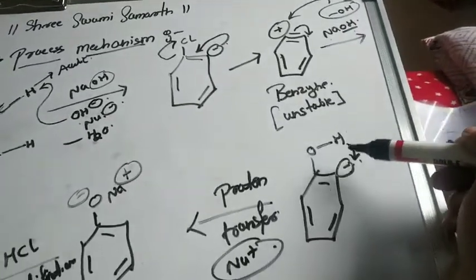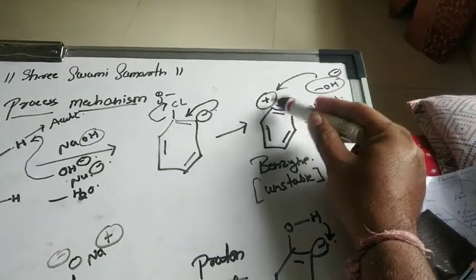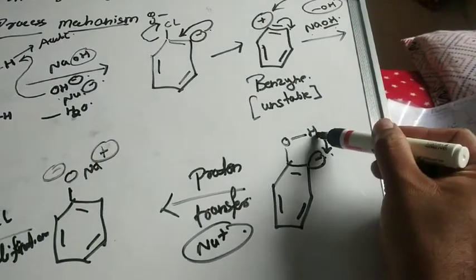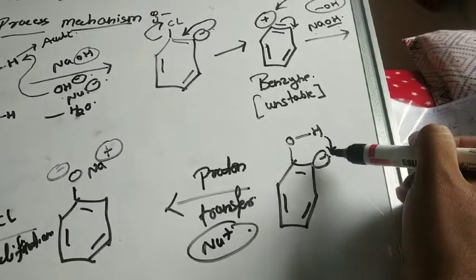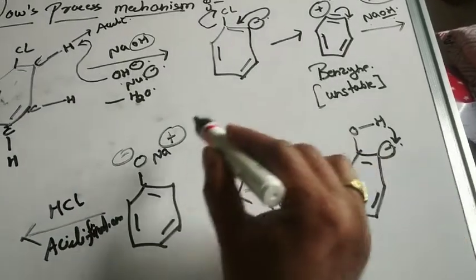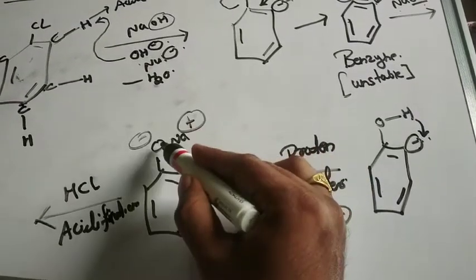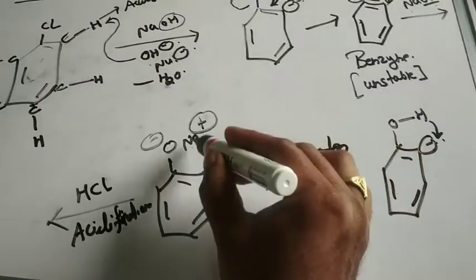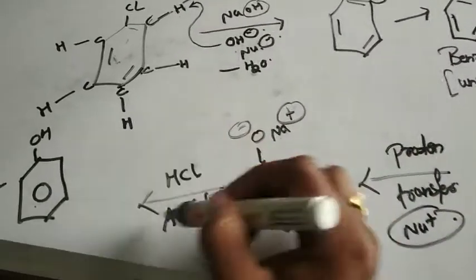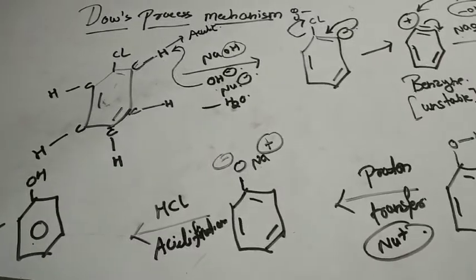Then this kind of a compound is formed where one more mole of NaOH will attack. The OH minus will get attached to this positive carbon, right? So here in this case you can see the hydrogen transfer or the proton transfer will take place and again phenoxide ion is formed. On this phenoxide ion sodium will attack, which is Na plus. Then sodium phenoxide is formed. First the phenoxide ion is formed, and after sodium attacks, sodium phenoxide will form. And to this sodium phenoxide, when we do the acidification, it will get converted into a phenol, right? So I hope that you have understood the mechanism of the reaction. Okay.